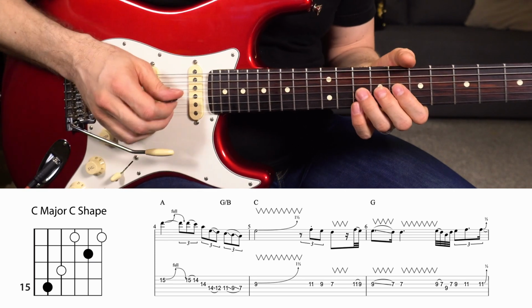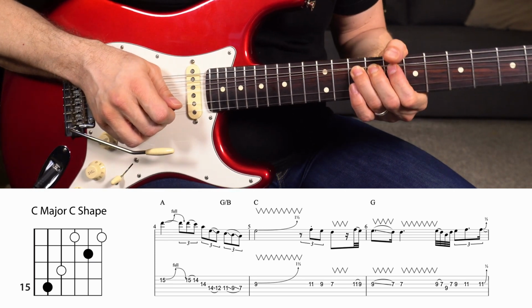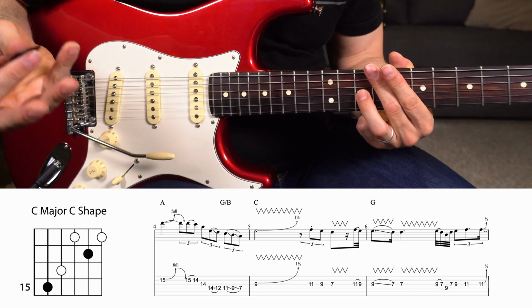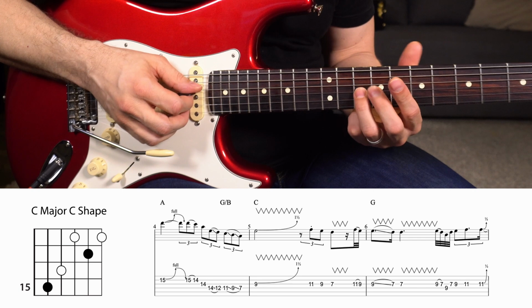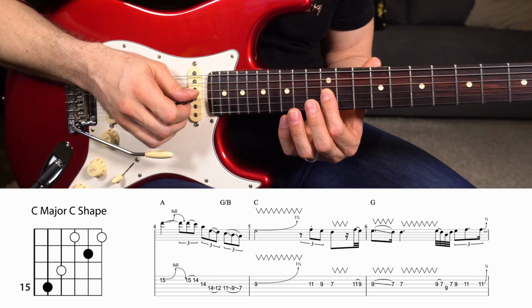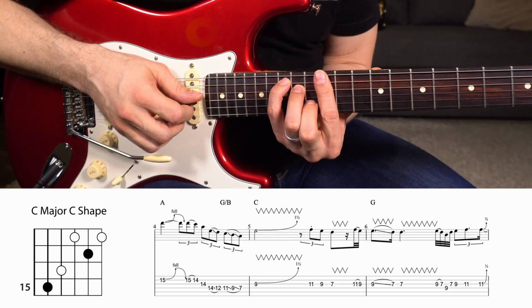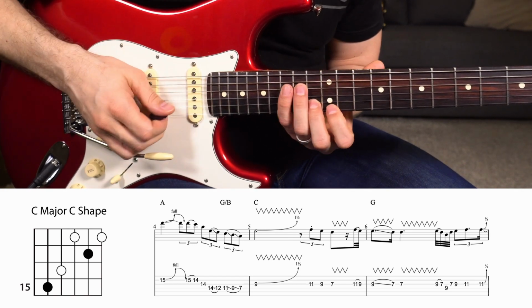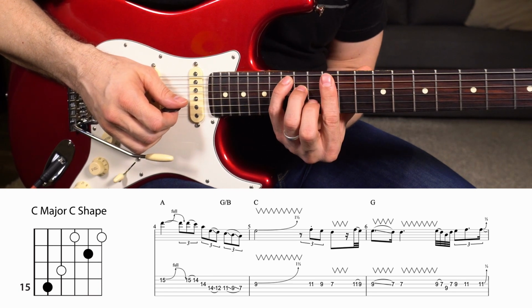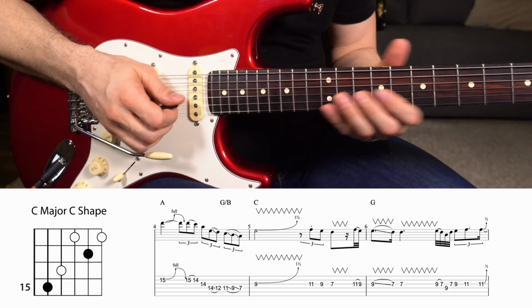Again, that note that I landed on, that I'm bending up to, is a G, and G is the 5th of a C major chord. So really, I'm bending up a whole step, so I'm targeting that G right there on the 12th fret of the G string, and I can look at it. I can see this C major shape, I see that that note is right in there for that C major shape. And that's what I'm thinking about for that. So